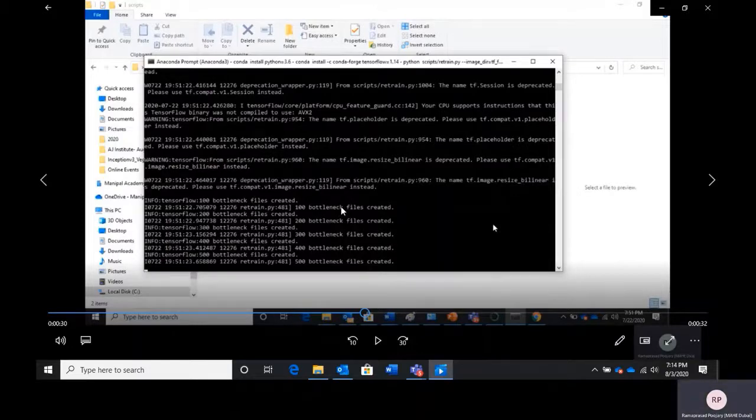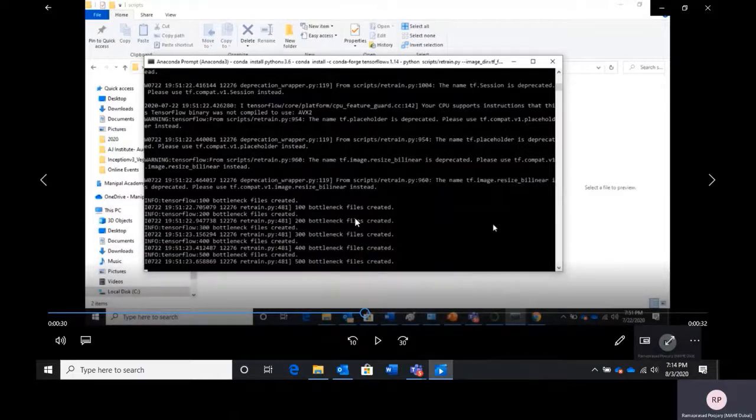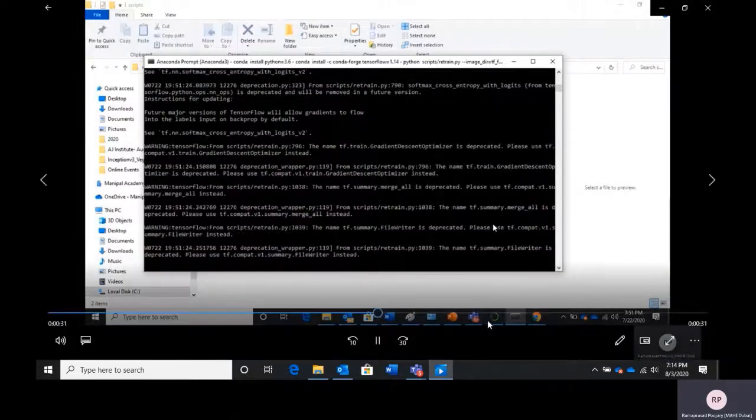These features will be fed to the classification part, and weights of the classification layer will be computed during this training process. So this is the second part of it. The first part, the images will be read. The second part, bottleneck features will be extracted. Now these features will be fed to the classification layer and the training will start.